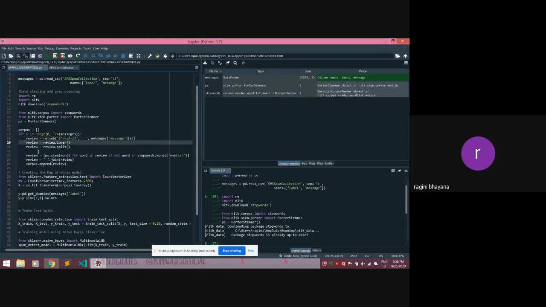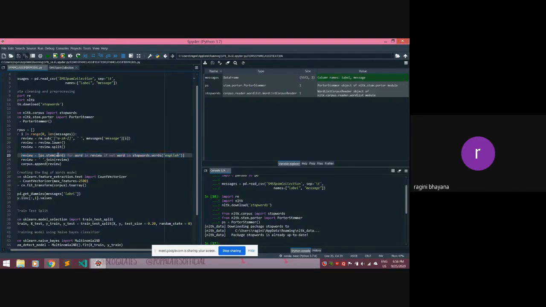And then we are lowering all the words, and then we are splitting the words and storing them back into review. We have to split the words because for every word we want to apply stemming. What stemming will do is tell you the origin of the word. I gave an example before that intelligently will be converted into intelligent.